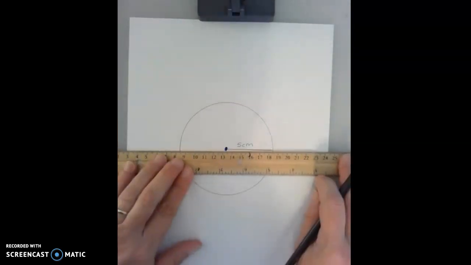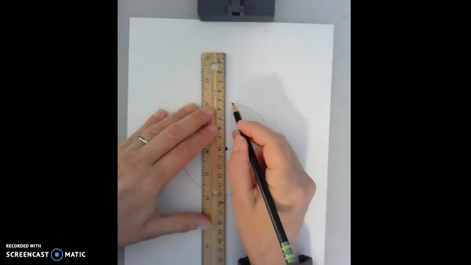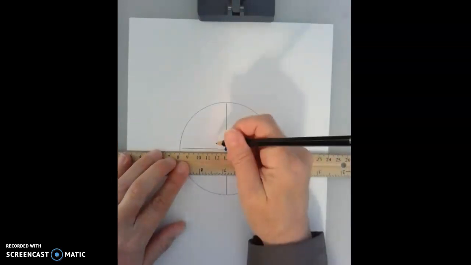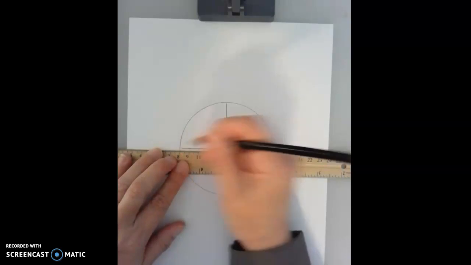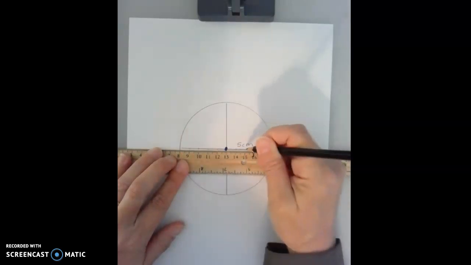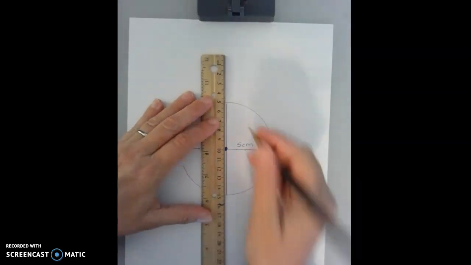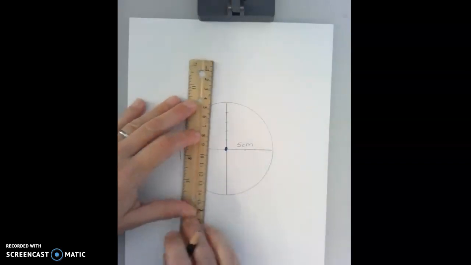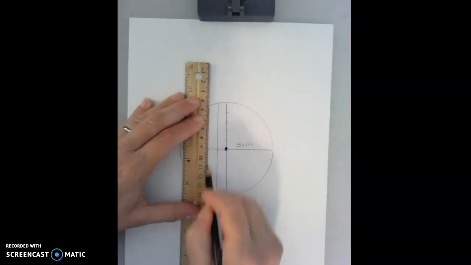So I'm going to draw a line going all the way across and then also up and down. And I'm going to make the squares each 1 centimeter apart. I want to have squares that are 1 square centimeter. And then I'll mark this way as well. And then I'm going to draw a grid on top of this so I can literally